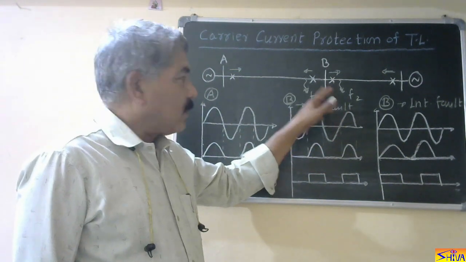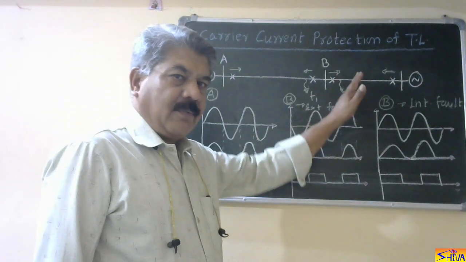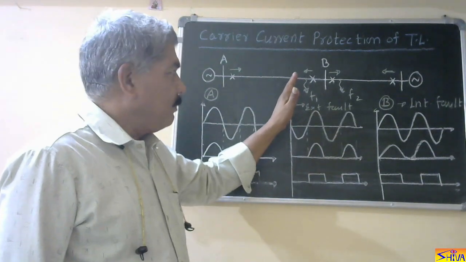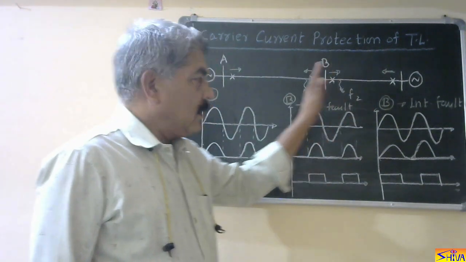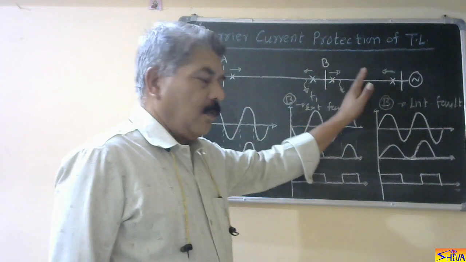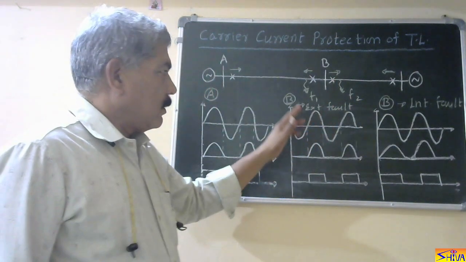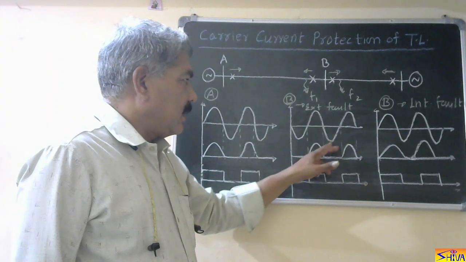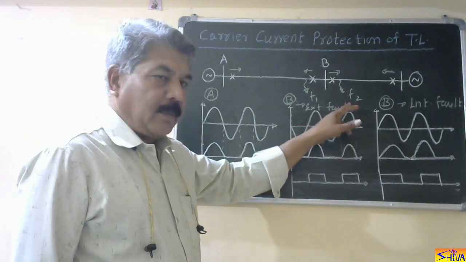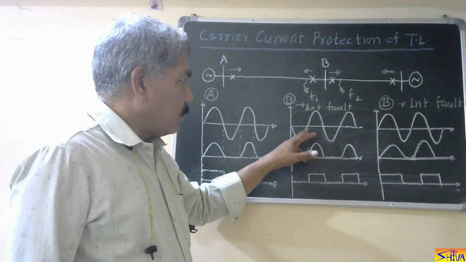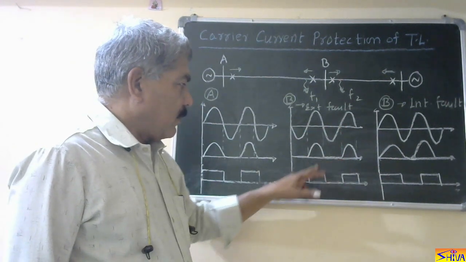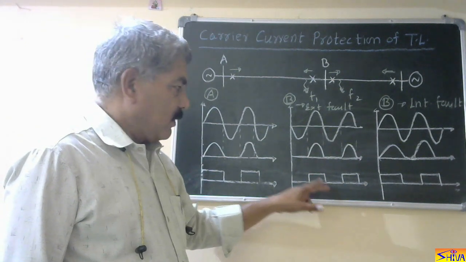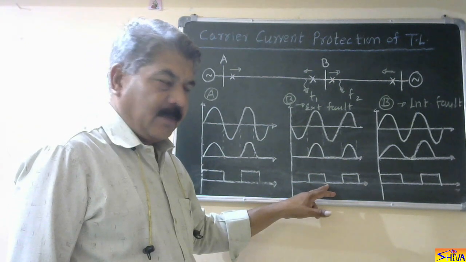So in that condition also current is flowing away from point B in this direction. So in normal condition we are assuming that current is flowing like this. During an external fault also current will flow like this. So the CT is connected in such a way that the current in the CT secondary is like this during normal condition and external fault. So we take only the positive half cycle, we rectify this. So the signal will be present from 180 degree to 360 degree.